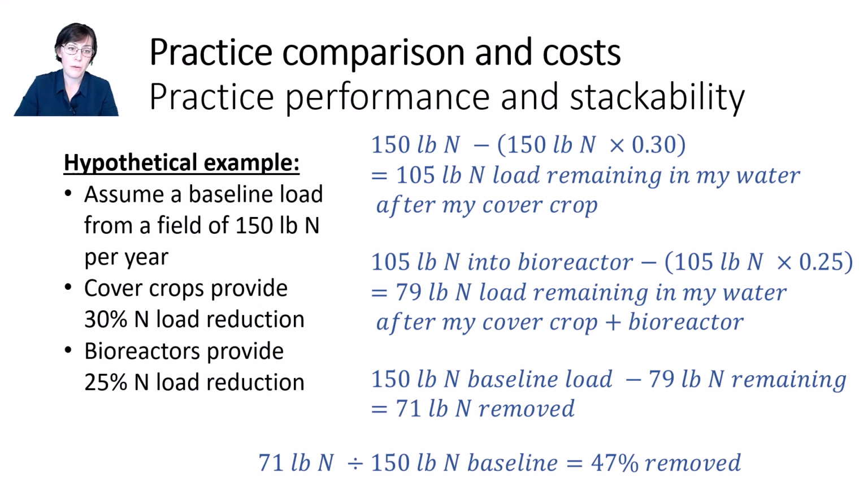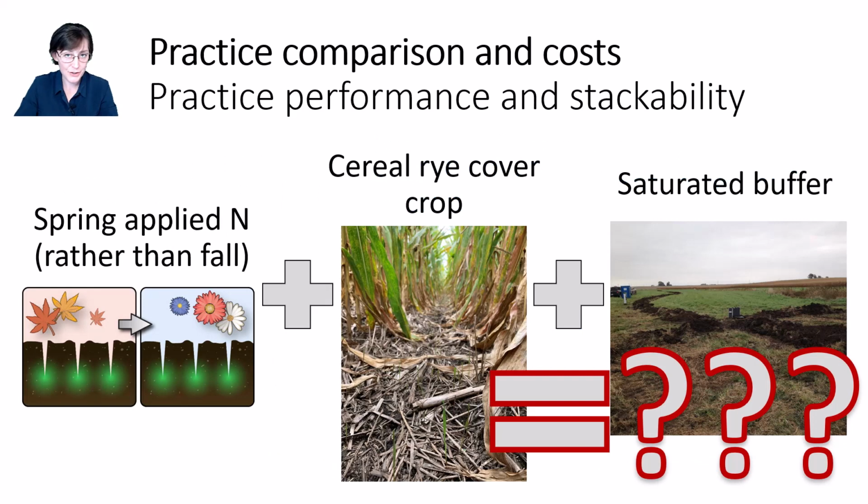But here's the real problem. From a research perspective, we have very little empirical evidence or data from actual field studies documenting how practices impact each other and how pairing practices together impacts their effectivenesses. And so I can show you how to do the math on the screen, and these examples are mathematically correct. We just have very little empirical evidence or monitoring evidence from the field to know how these percentages actually do relate in practice. This is especially glaring for when we pair in-field practices together.